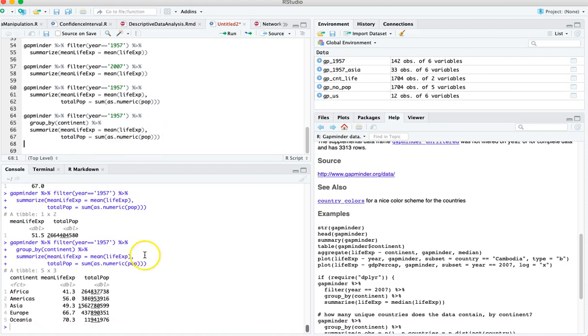And here we get, for each continent, the mean life expectancy and the total population for 1957. And we see here that Oceania had the largest and Africa had the smallest. Excellent. All right, now I'd like you to take a few minutes and play around with this and try to